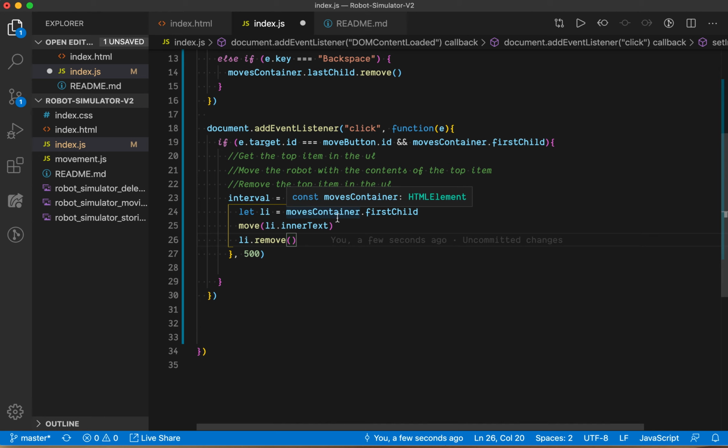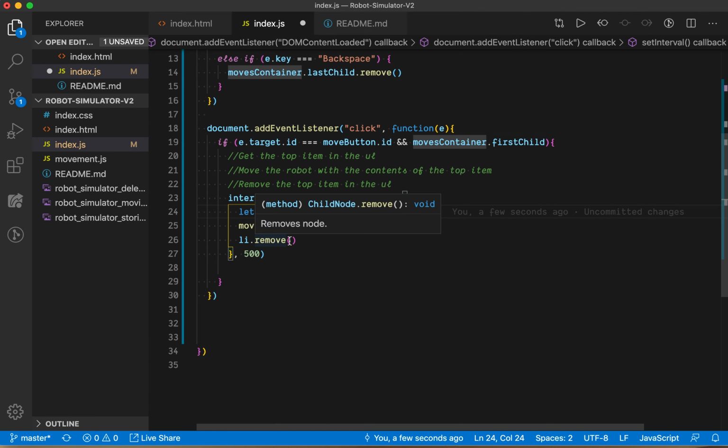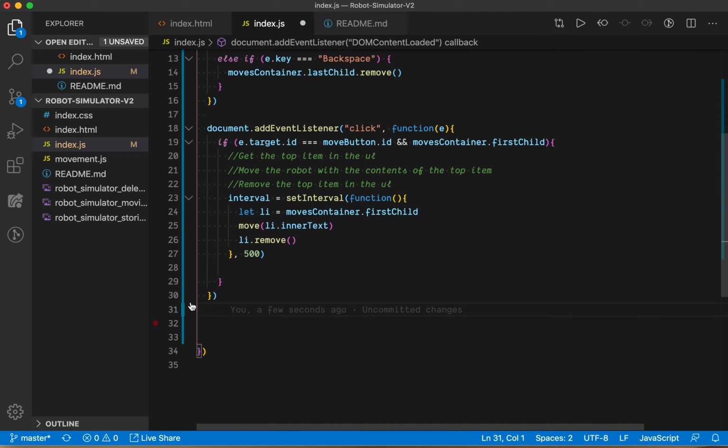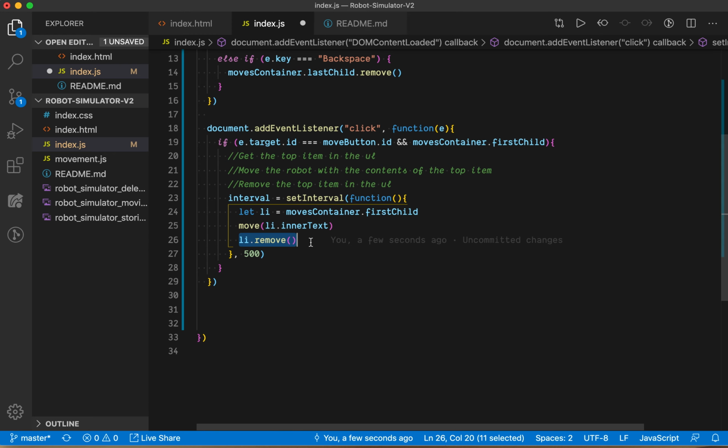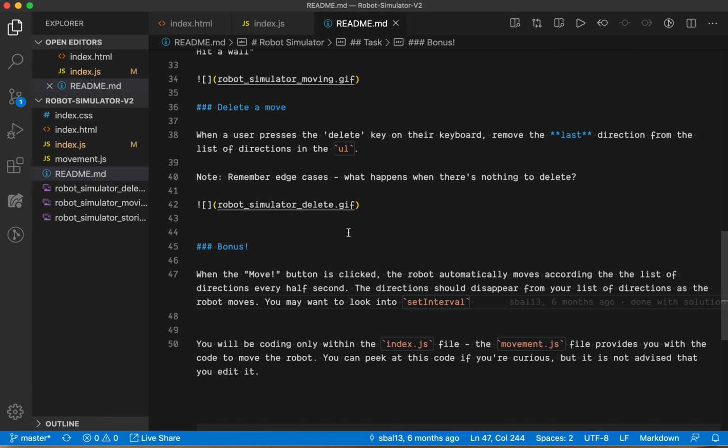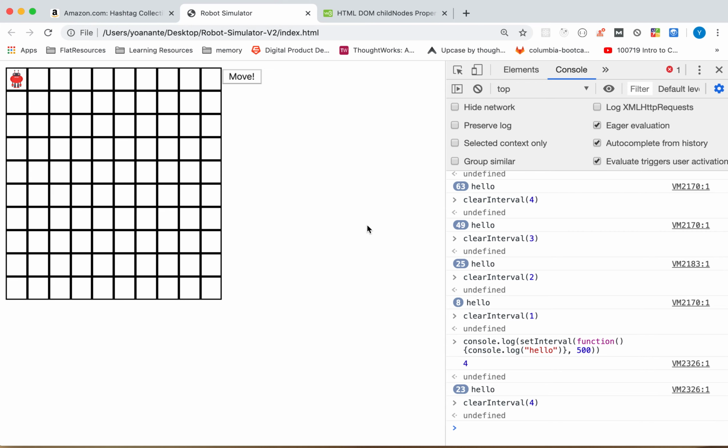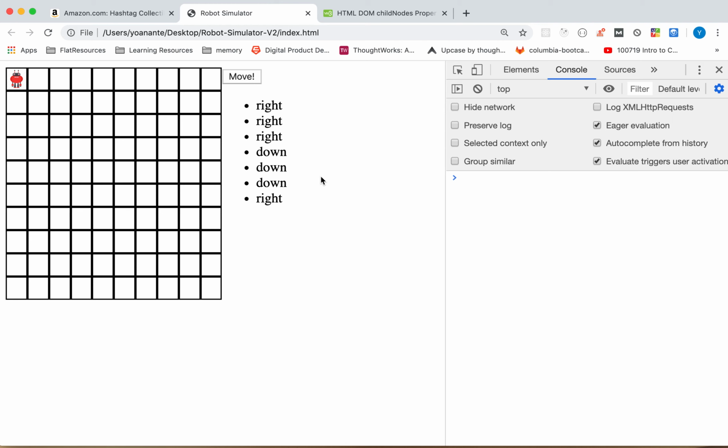So now, let's see what else. So this is going to give us an error. Again, I just know what's going to happen here. If you guys don't see it, it's okay. I'm going to have to think about it and troubleshoot it. So what's going to end up happening is that this set interval is going to continue running even after we've removed all the items from the thing. So this should work. The interval will start counting down. And that technically completes the lab, but we're going to have an error once we get to the end,